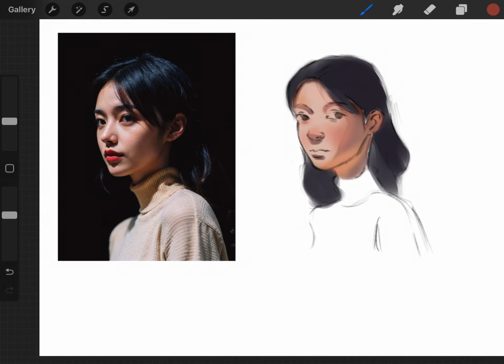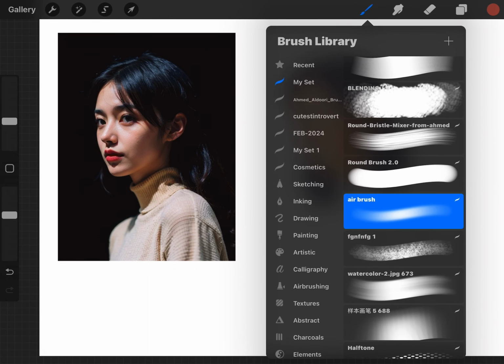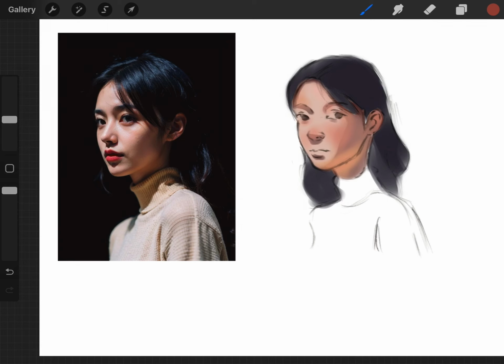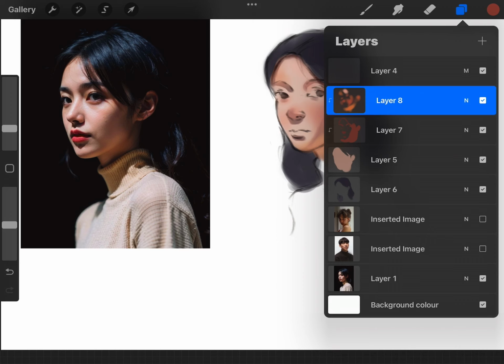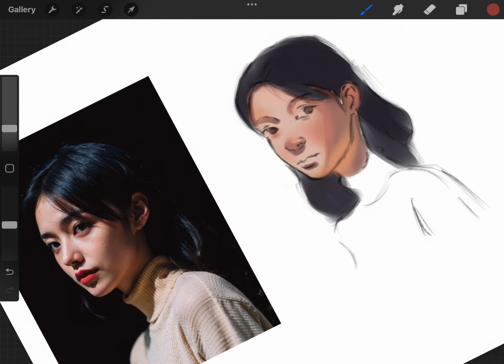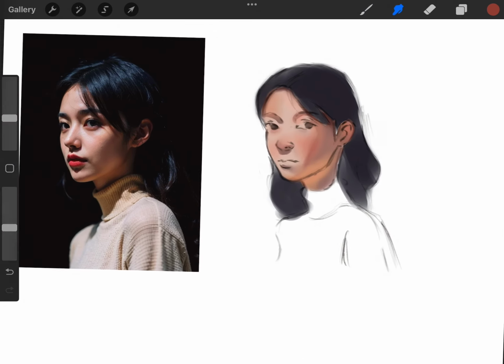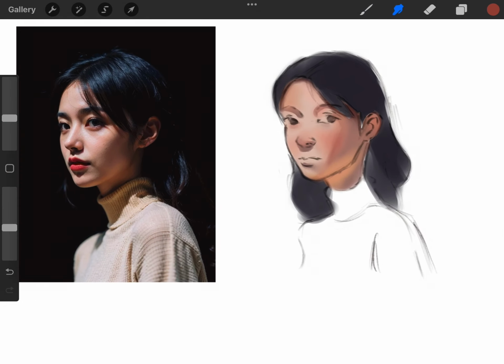Okay. Now at this stage I would take my blending brush, either a bristle brush or something that's got a bit of texture to it, and we're just gonna blend in some of those edges. There's a soft edge. Oh, okay. That's a good point. Before you start blending, merge all those layers together. It will make a world of difference. Okay, so now that we've blended a few things out,